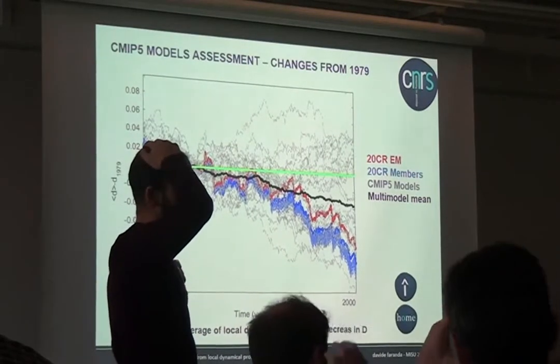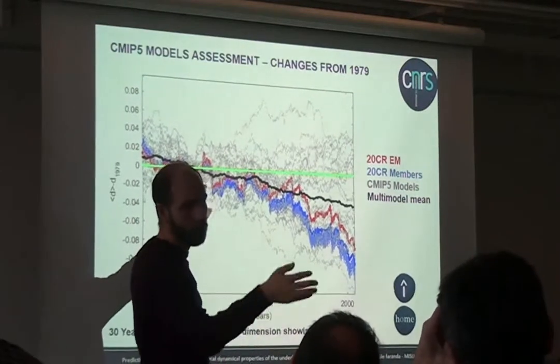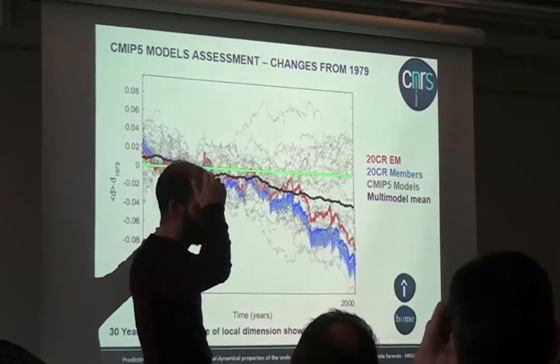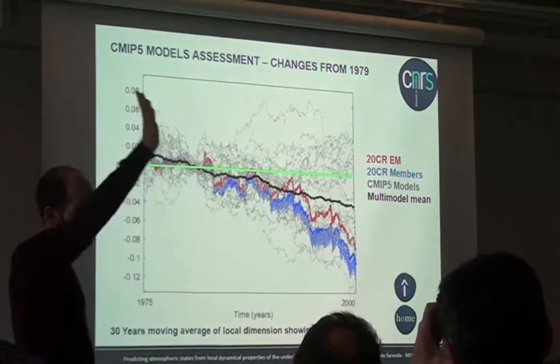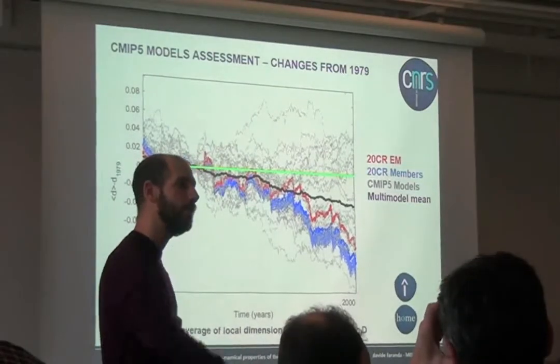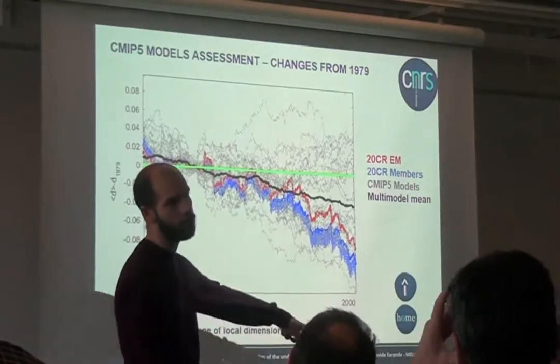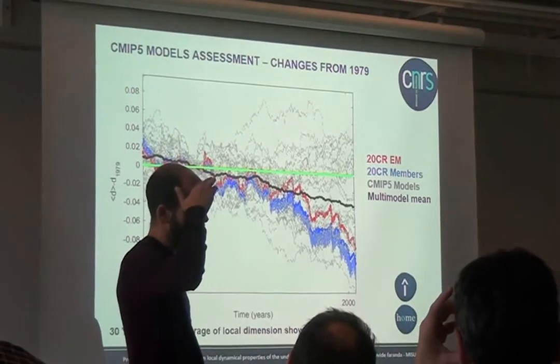We did a scatter plot between the variance of the ensemble, that basically corresponds to what you're saying, and the dimension of the 20CR ensemble mean, and you see that there is a very straight line up to 1975. That's why I'm showing only the last part, because I think these results are somehow independent of the